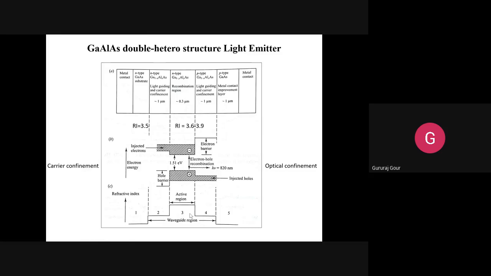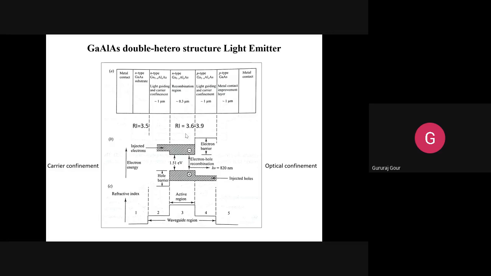So the characteristics of these three regions 2, 3, 4 will be kept similar to those of the core and cladding of the optical fiber, because the moment you insert the optical fiber here, that is in region 3, that is the core, and this is also acting like a core with almost 0.3 micrometer, where the recombination is happening. Because only in recombination will you get the light emitted: when electrons fall into holes they recombine and light is emitted. That is the principle that we observed.